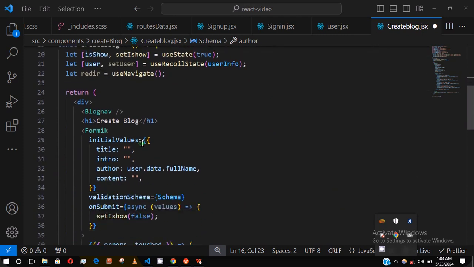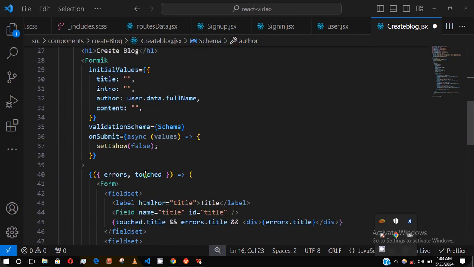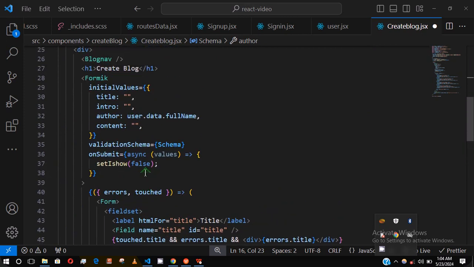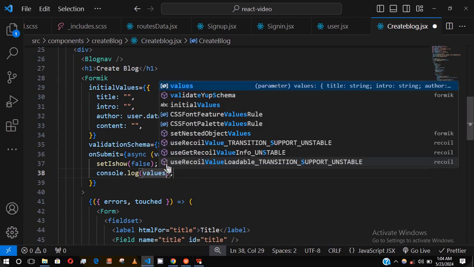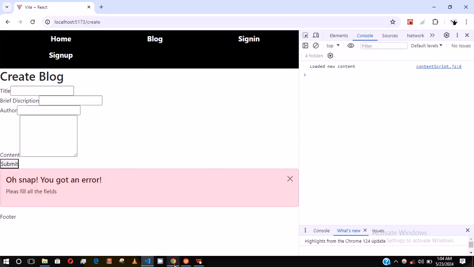Yes. So this user is going to show. So let us do our console log values to make sure we're getting everything in our form field values. So if we attempt to submit this,